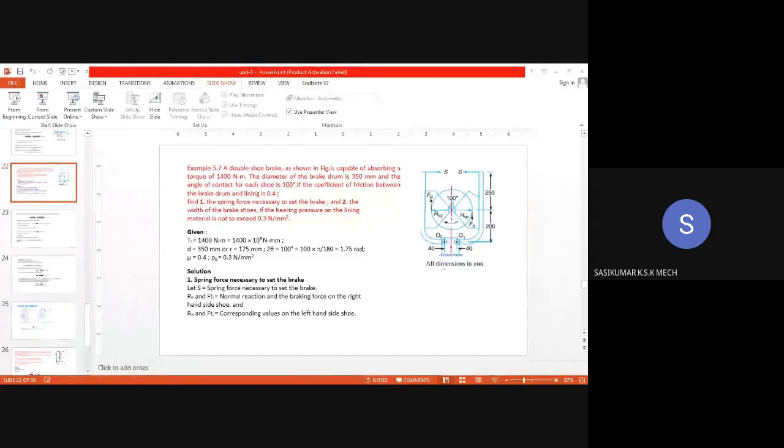For finding out the values given, the first numerical value is 1400 Newton meter, and the second one is 100 degree, and the next value is 0.4. The Newton meter is nothing but braking torque, denoted as TB, and the diameter of the brake drum is given, so R is half of that, which is 175 mm, and the angle is 100 degree. So in radian,